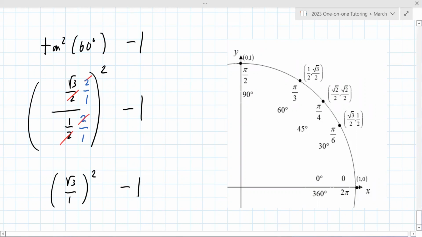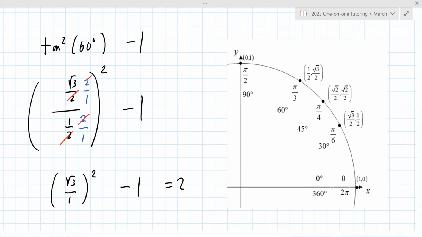Why don't you finish the problem off from here and give me your final answer? Two. It is 2. Very good. All right, so we're going to go ahead and just stop right here for